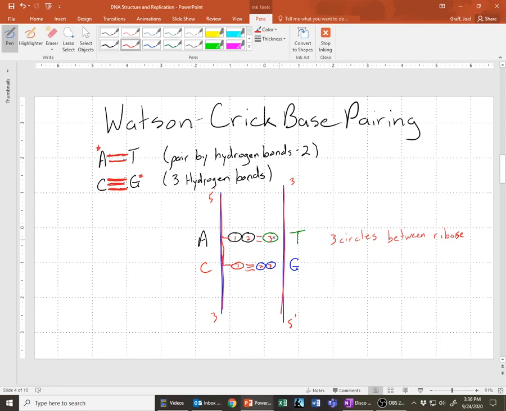And what this does is, because those circles are roughly the same size for A's and G's, C's and T's, you're going to keep the same distance between this strand and that strand, and so that's important for making sure that those strands are parallel to each other. Okay,